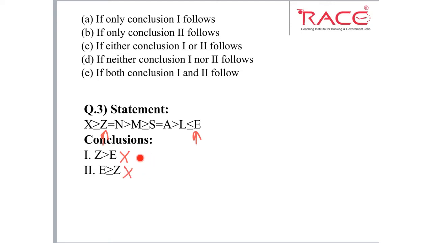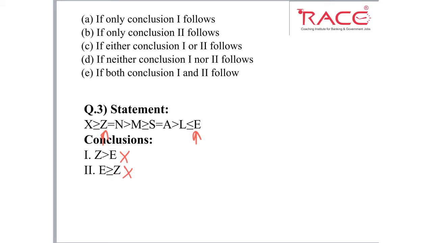So as I discussed, there is a possibility of either-or as well. So first condition satisfied means both the conclusions are individually false. Second, both elements must be the same in both the conclusions. So we can see here both elements Z and E, and in the second conclusion also Z and E. So the second condition is also satisfied.